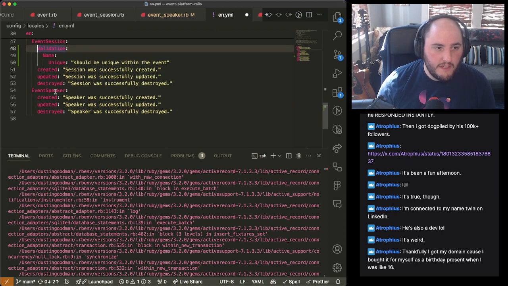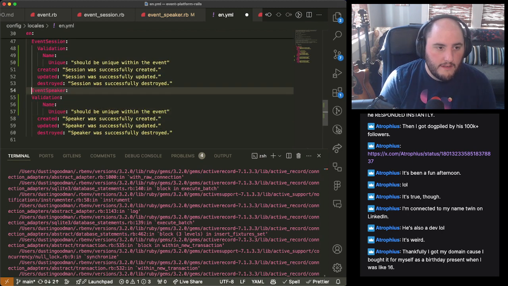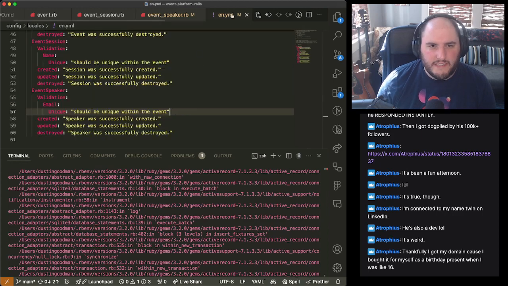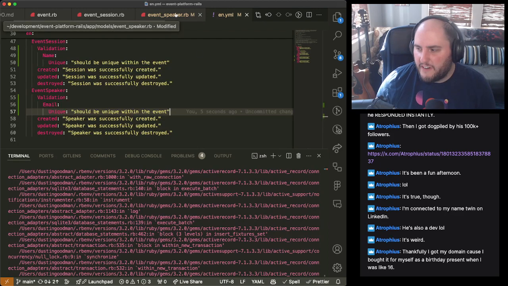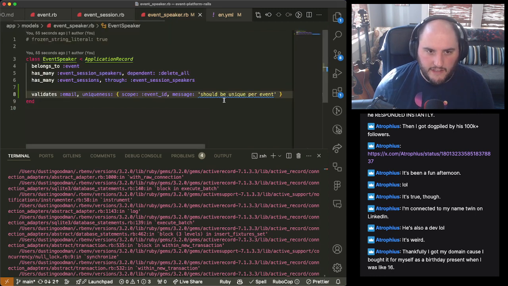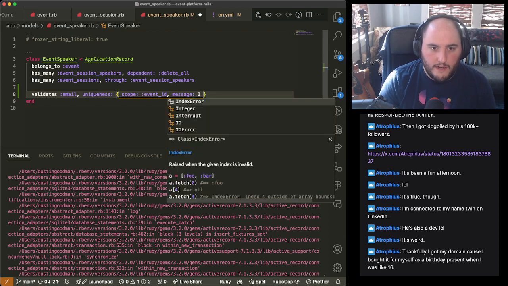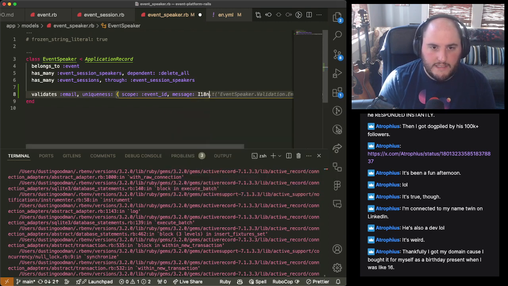We're going to do the same thing for event, and this one's going to be email. And it could also be unique within the event. So these aren't the best names. We might change them. We've got to figure out what the context is going to be when users would actually see this. So this would be something to validate that way. What we're going to do for now is I18N-T.